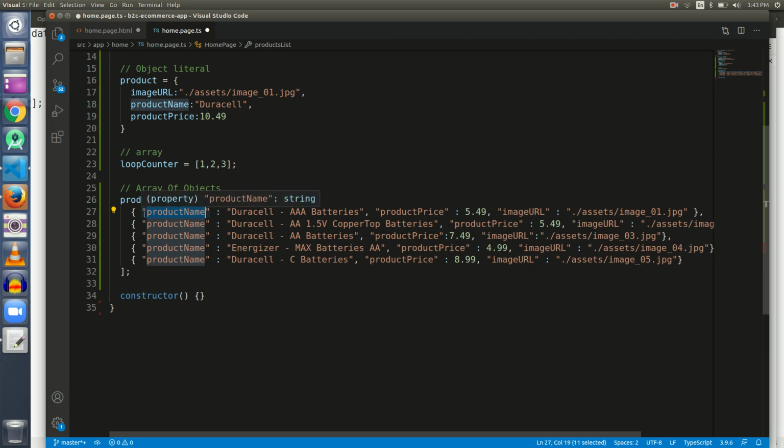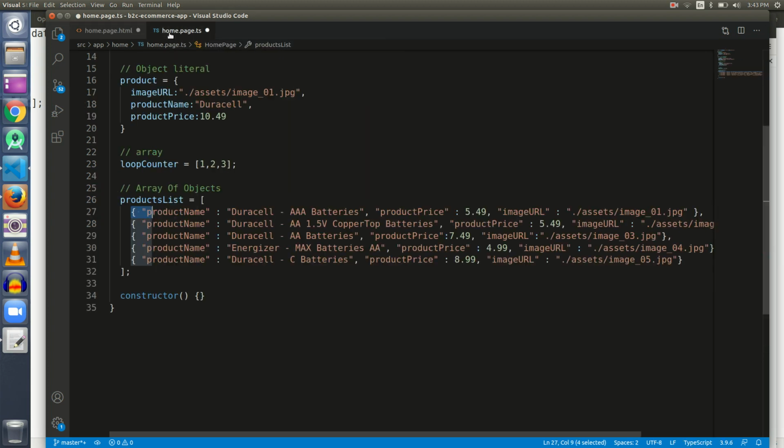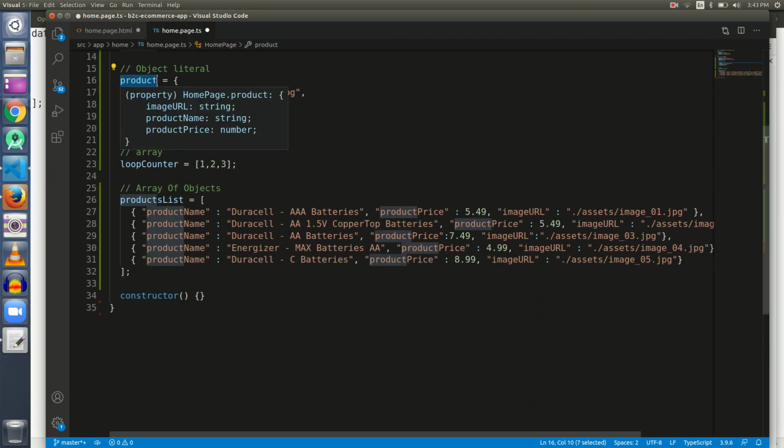Because the full object is now pointed to by the product variable. So when I say product image URL, it no longer means this one. Okay, what we can do, because we have 2 variables in our whole code, this is product and this is also product. So let me just rename this one.